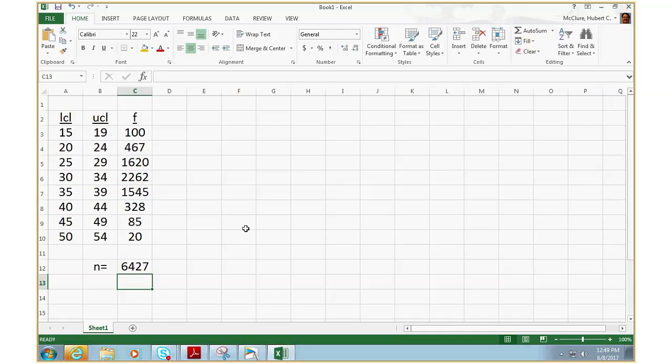Okay, so the next thing you need to define is the class width. So I'm just going to put down here the class width, and it's very easy. You just take one of the lower class limits and subtract the other. So what's 20 minus 15? What's 25 minus 20? What's 34 minus 29? So the class width is